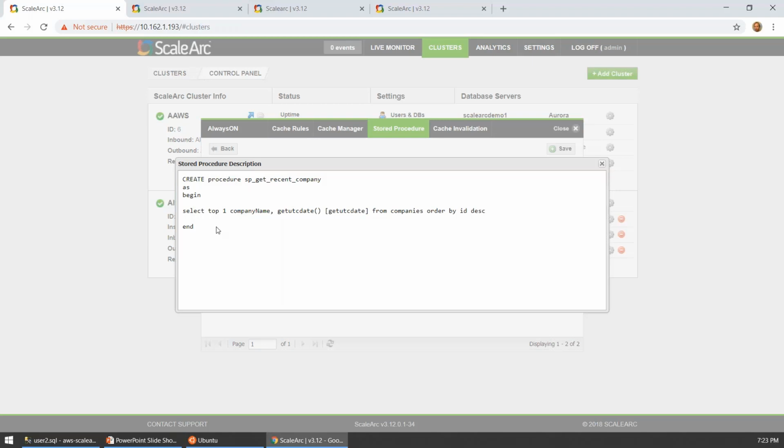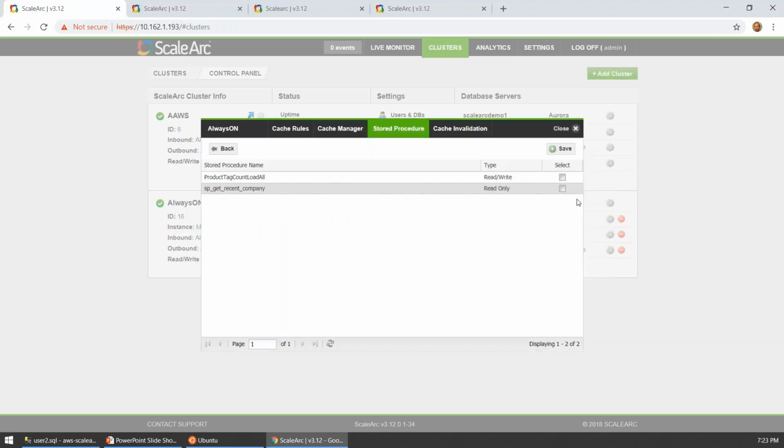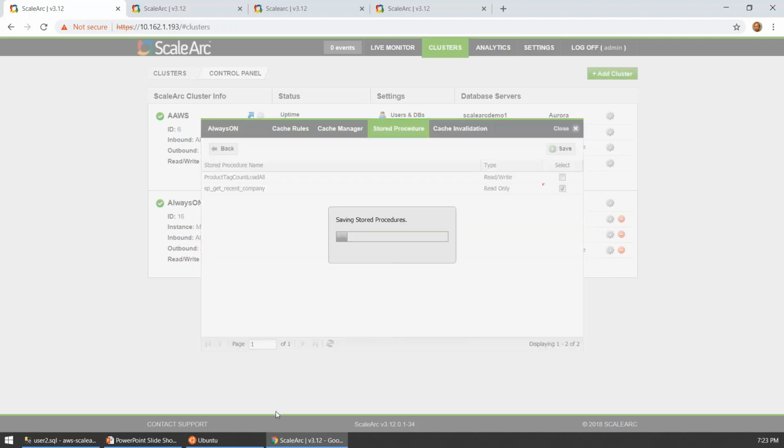In this case, this stored procedure is simply selecting a company name, top one, order by ID descending, so the most recently added company name. I've also added the UTC date to this result set, purely so we can see whether the data is coming from cache or from the SQL Server. So I'm going to select this stored procedure, and add it as a